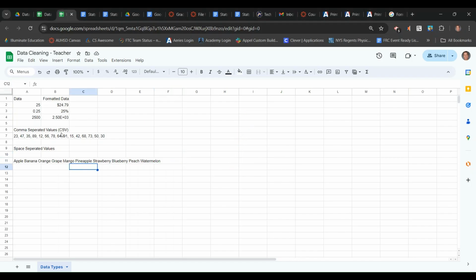All right, so this is going to walk through a couple of things. First and foremost, we're going to talk about how we format data. So I have values over here, and then we have some formatting that we're going to look at. First, I'm going to clear this formatting. And we're going to talk about, let's say I have